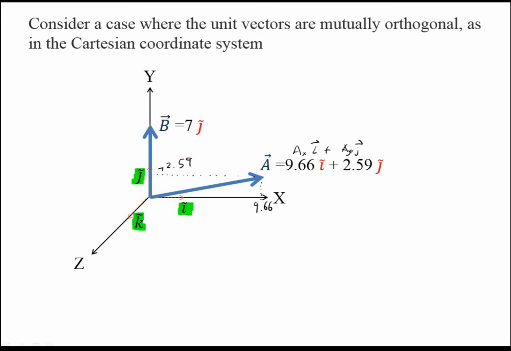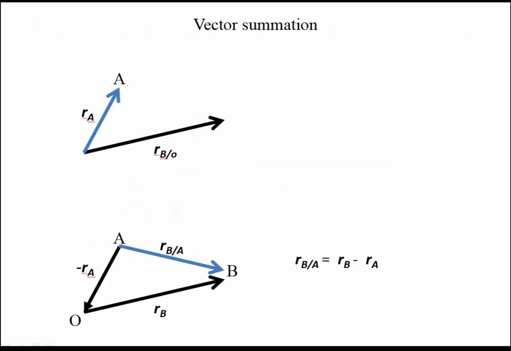And this component concept can be useful when you do the vector summation or vector subtraction. So if I want to just add these two vectors, right now, let's say this is a vector and this is a b vector. If you want to add them up, you can use the graphical way, but if you understand the components, so think about